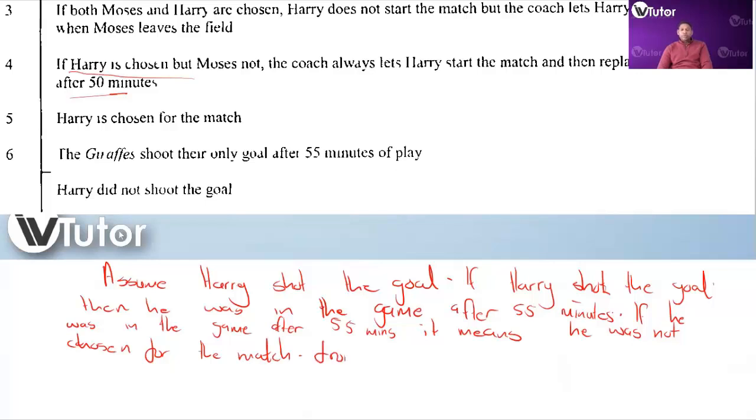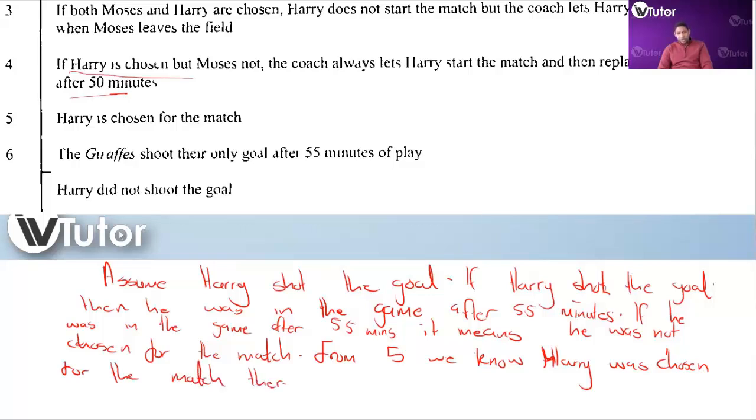Right. From 5, we know Harry was chosen for the match, therefore we have a contradiction. We have a contradiction